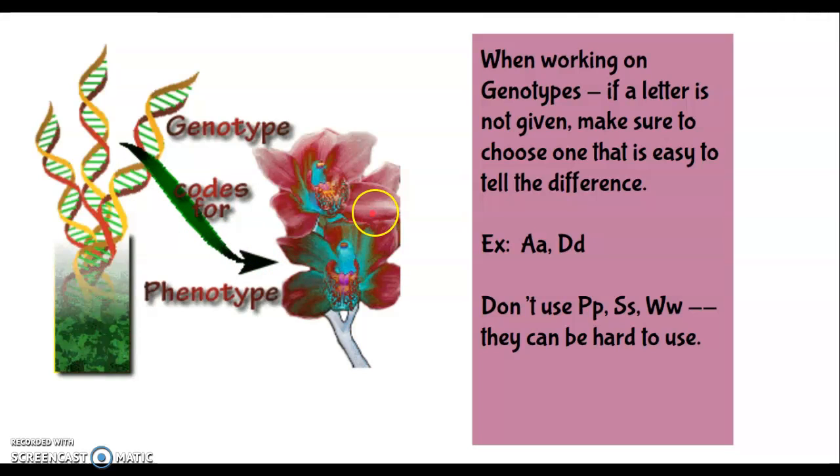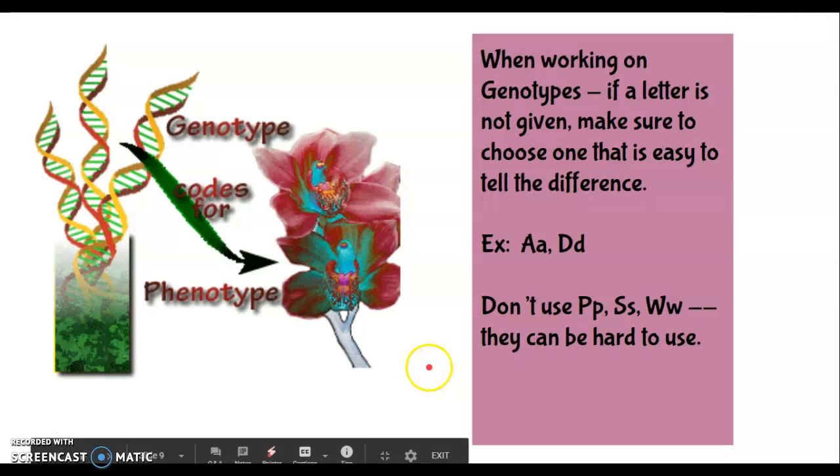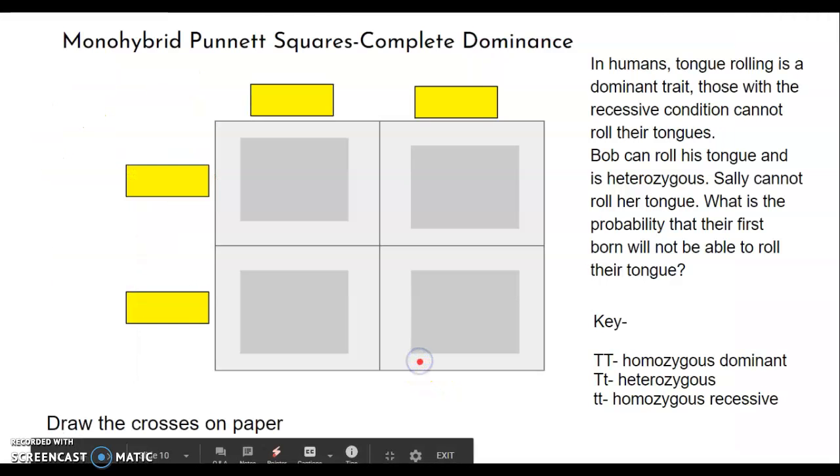Now, if a letter is not given to you in a word problem, just make sure you pick a letter that's easy to tell the difference, like A's or D's. Sometimes when you use P's and S's and W's, it's hard to tell the difference between a capital and a lowercase. So here's a problem that I want you to draw this cross on paper and try to do on